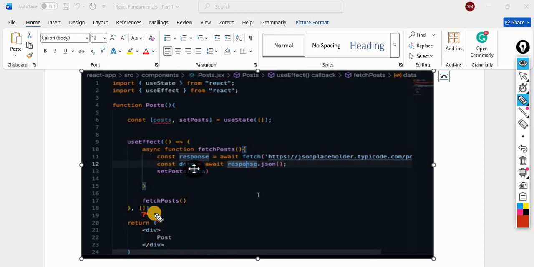Like yesterday, we have seen one dependency of count. Whenever the count changes, the whole process will run again. In this case, there is no dependency. Till now, is it clear to you?